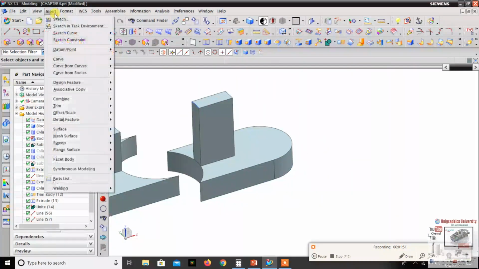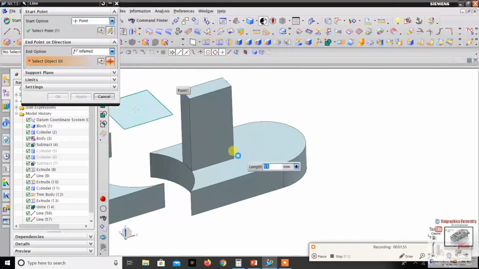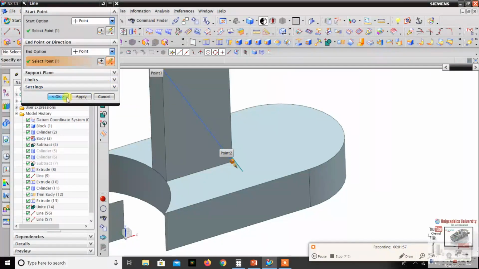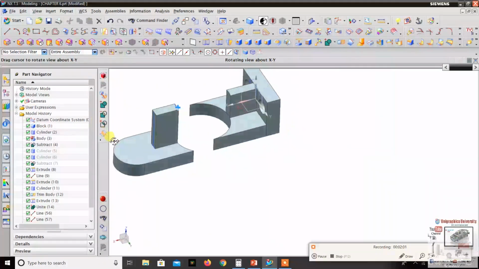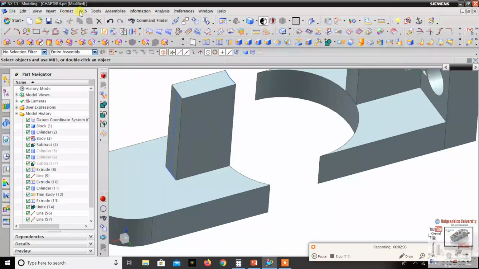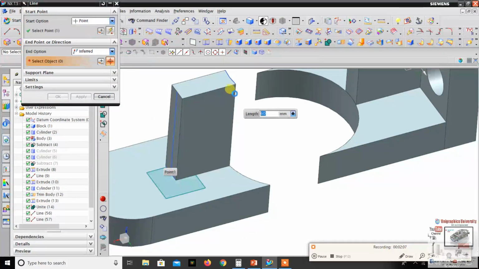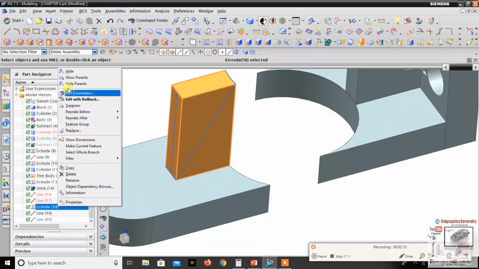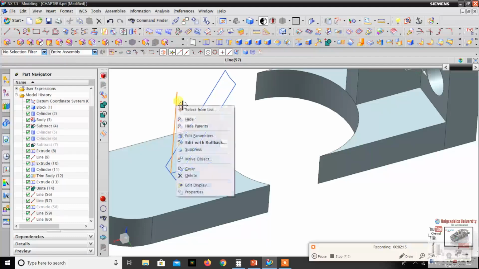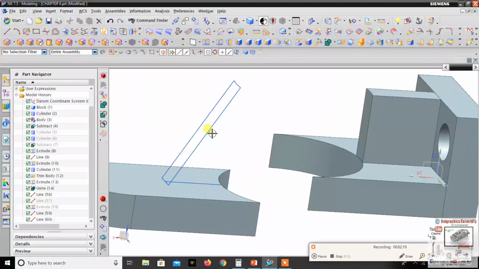Okay, then go to insert, curve, line, just join these two lines. Just rotate and join these two lines. Okay, hide this extrude, hide this line. So I make one surface with these 4 lines.